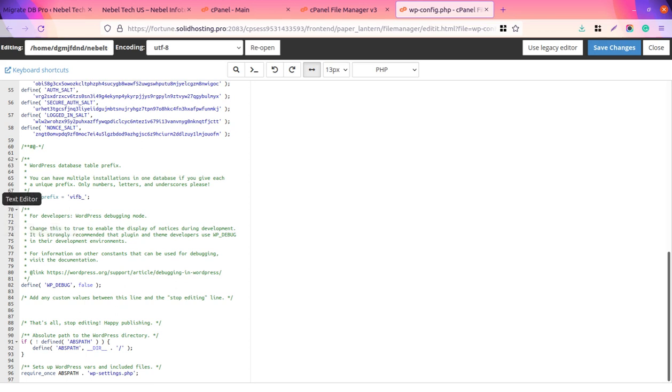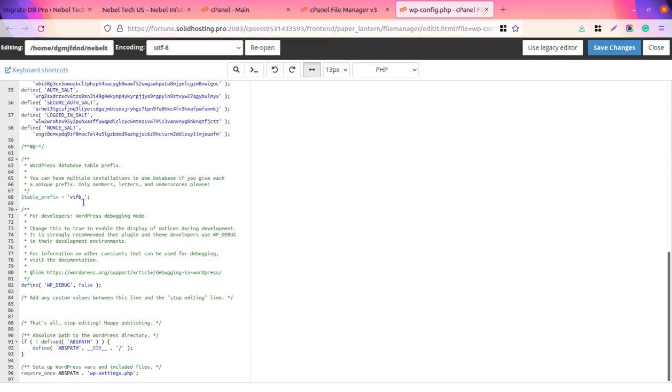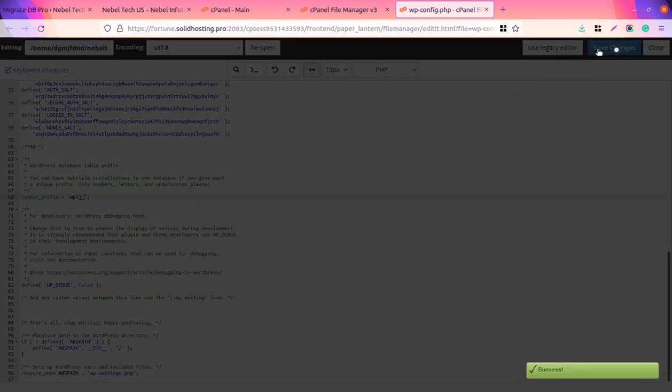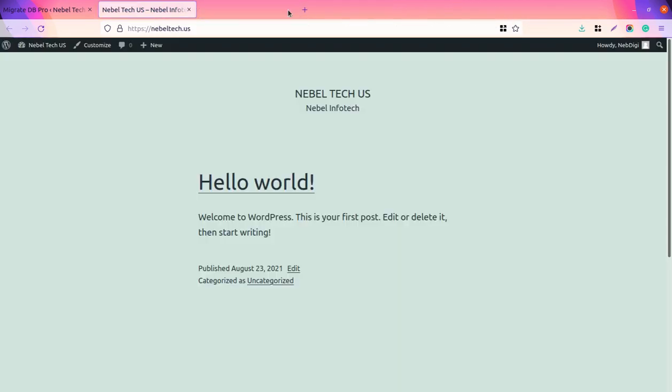Okay, so I have already copied the table prefix, and okay, let's save the changes. It is fine. And now I can refresh the page.